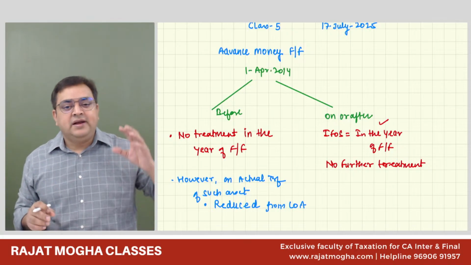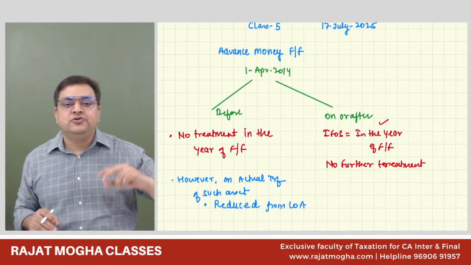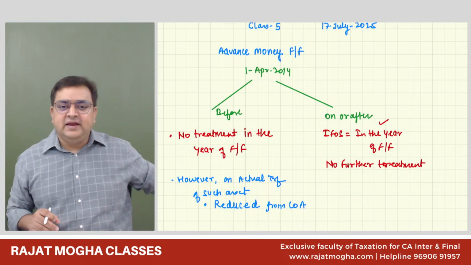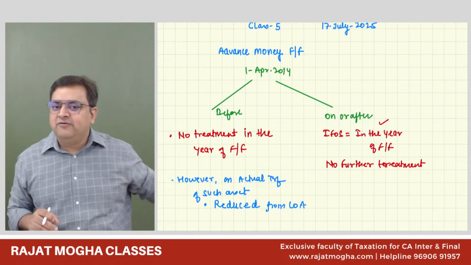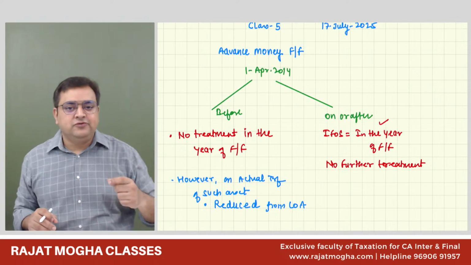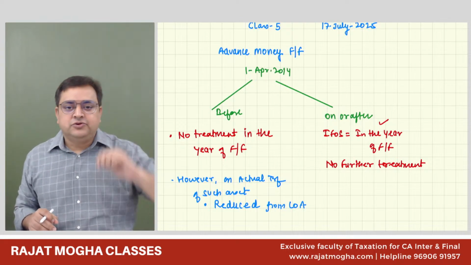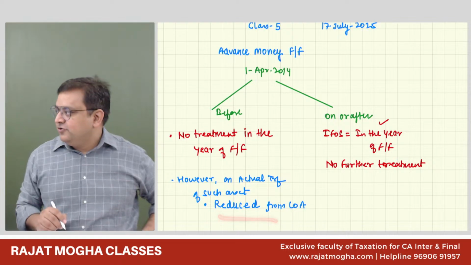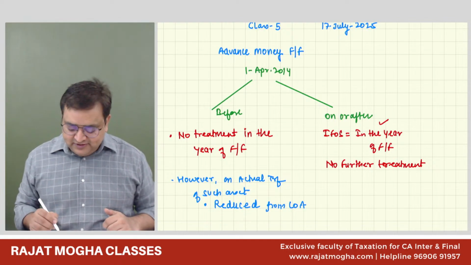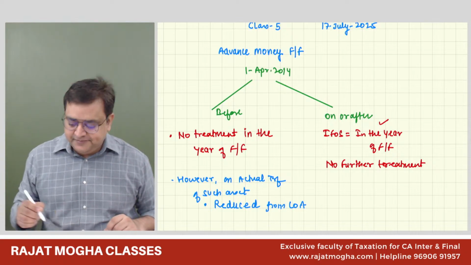But let's say now I'm selling it to someone, for example, to Shiva. So if I'm selling it to Shiva for 1 crore, my full value of consideration would be 1 crore. But what would be my cost? My cost will be reduced by the amount which I have forfeited from Subiksha. So I believe that now all of you are clear on this advance money forfeited. Quite an important concept of capital gain.